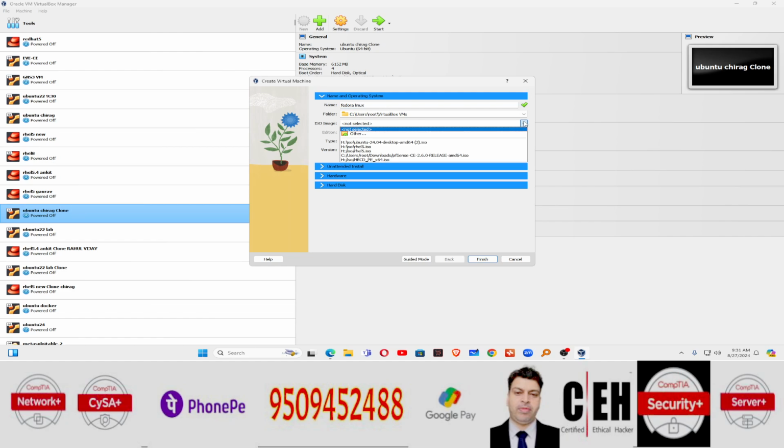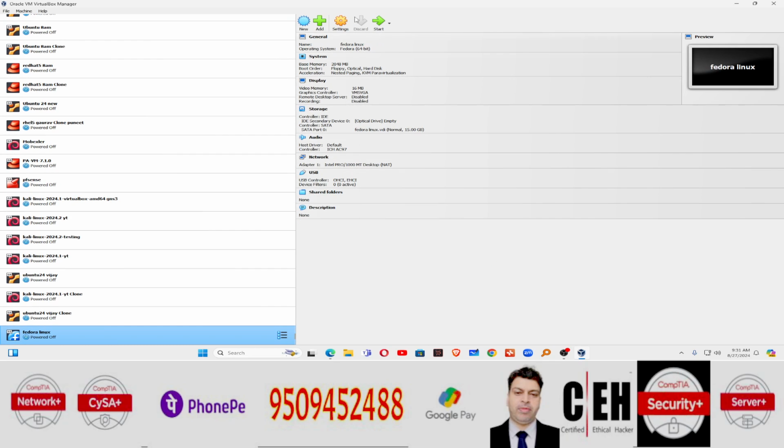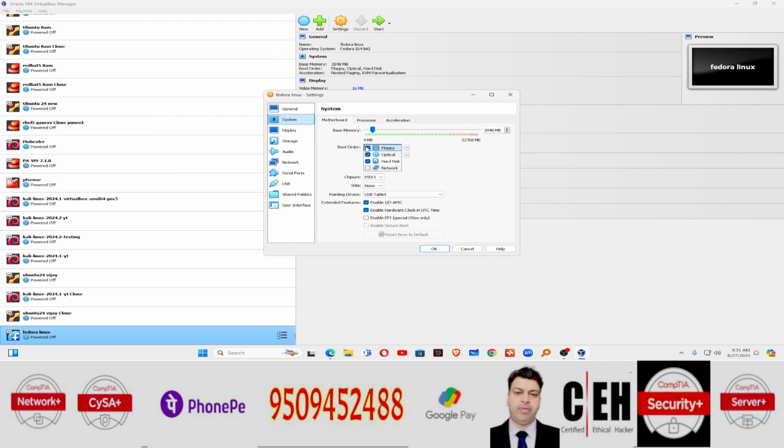If you want to select the ISO image from here, you can, but if you don't, I will select it later. Unattended installation, no, we don't want unattended installation. So just remove this option, we don't want this. Finish. Click on settings, click on system, remove this floppy, make hard disk first bootable, increase the base memory from